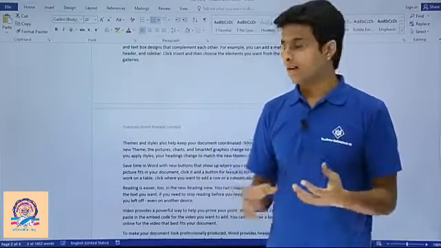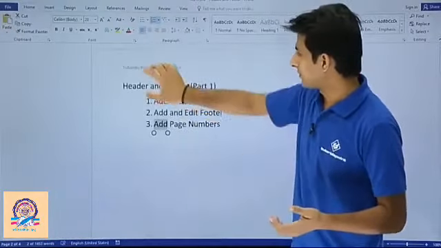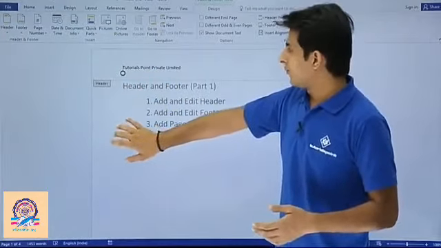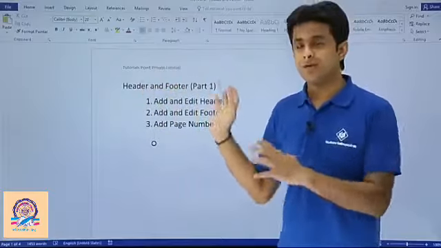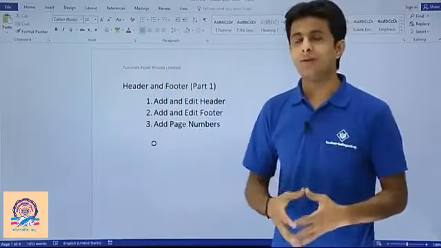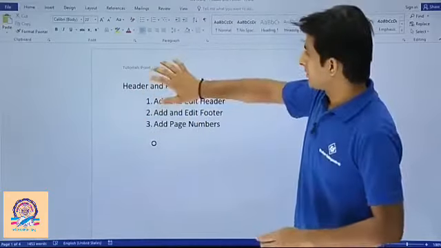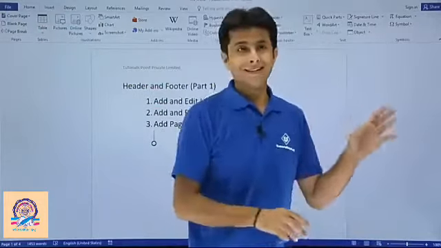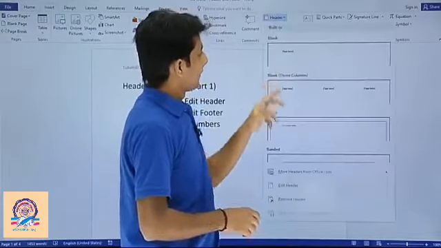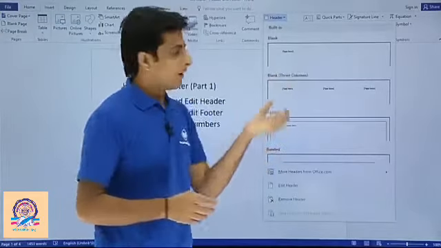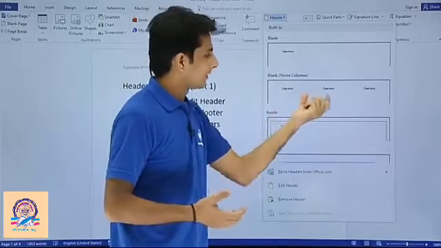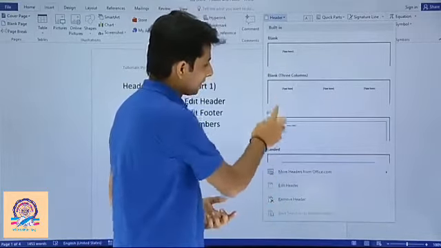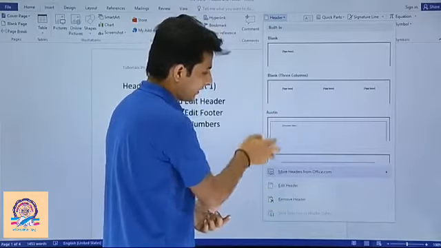In case you want to edit something, at the same place, just double click on it, you can delete or copy paste anything here. But now if you want to change the position of this header, which is on the extreme left, how do you change it? Simple method. You can go to this insert tab, and on the right hand side there's an option as header, and these are the positions of the header. You see extreme left, center, and right, three different texts you can write in all the places, and you see these are the names of the headers: Austin, Banded, and so on.